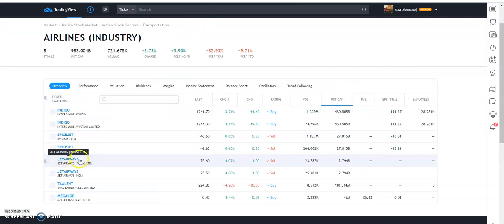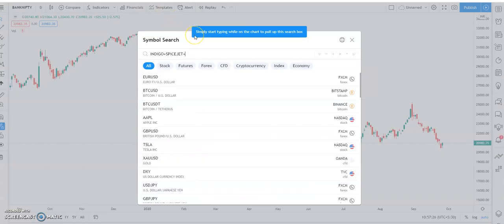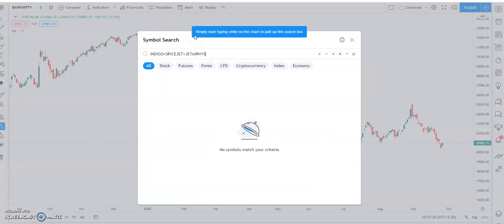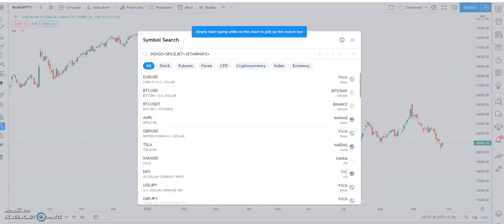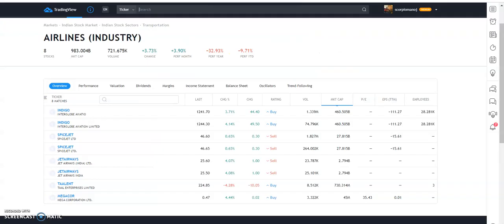Next is Jet Airways. Please ensure that you type the spelling as it is in the search page. You can find the similar spelling here, Jet Airways, plus go to the search engine result, Talent, T-A-A-L-E-N-T.